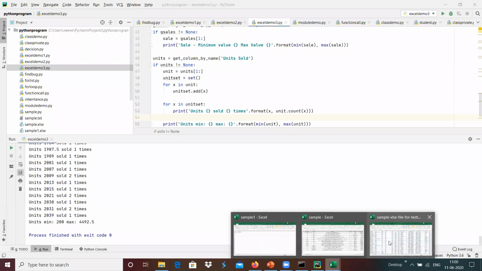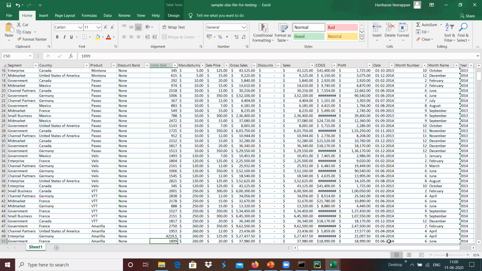Basically all the data will be present inside the Excel sheet, and if we wanted to do that we can achieve it with the help of this. And for example, we wanted to do something like, suppose, how many numbers of $10 price has been done, how many numbers of $120 has been done.